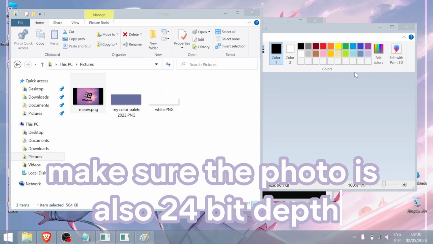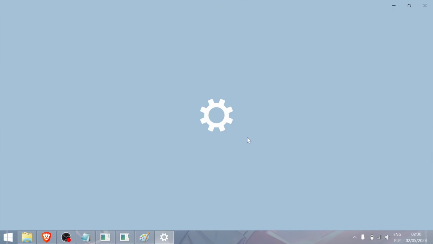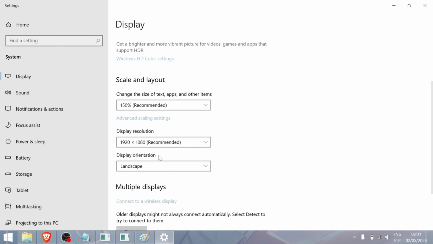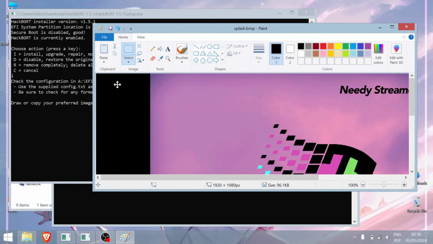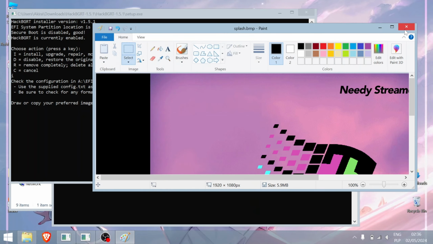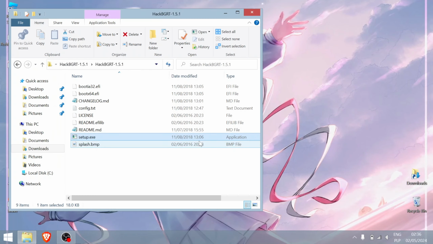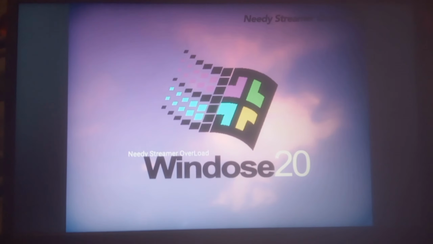But before, make sure the image has the same resolution as your monitor. Unfortunately, some PCs have a different boot resolution, so you might need to figure that out. Sorry. The one that says recommended is the one you need the photo in. Okay, now let's continue. Click save on the photo and exit the window. It's now done. Continue watching to find out how to remove the loading circle on the boot screen.